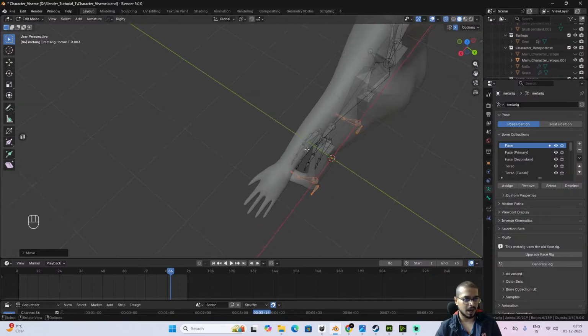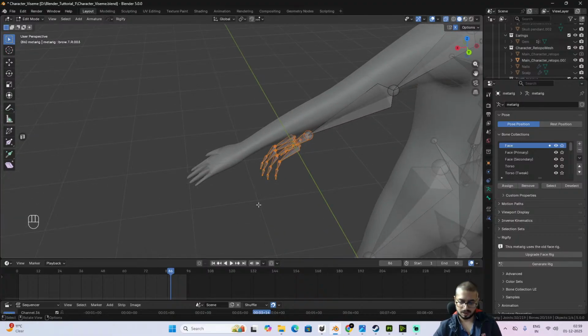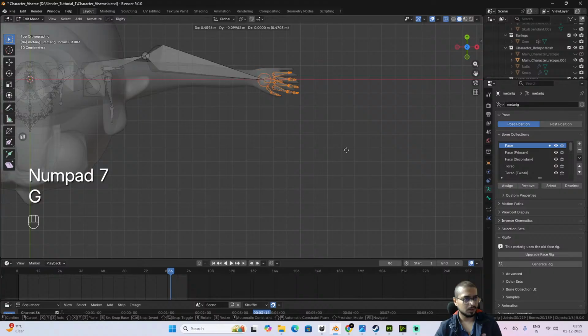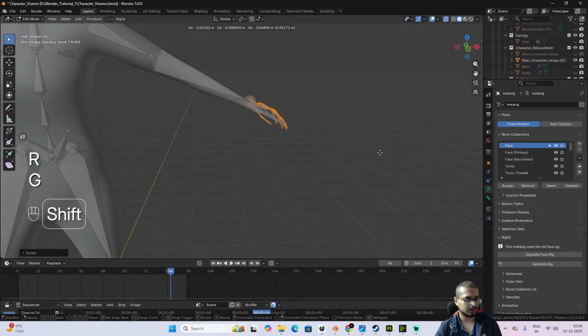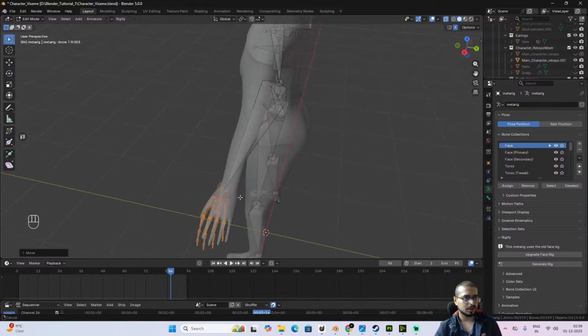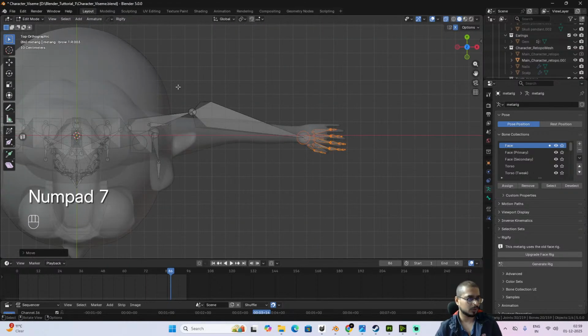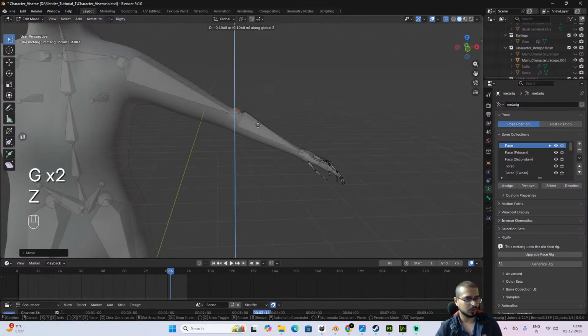Like you have hand bones, so I'll come to top view and bring them over here. Then I'll rotate them somewhat like this, bring them down, GZ. Then I'll come to top view, select this one, move it where the elbow is, move this down,